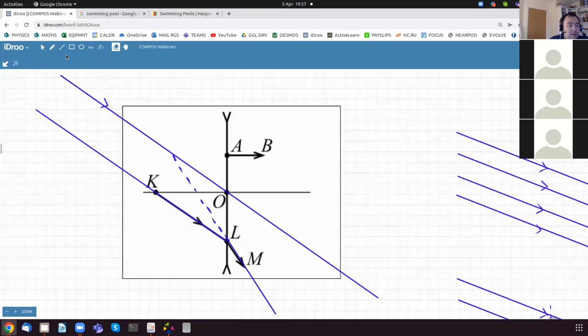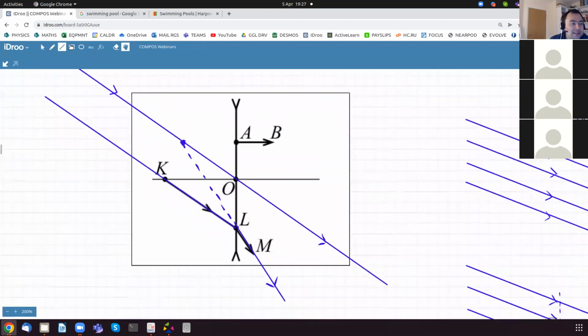Delete that. And this is where they meet. Okay, and we know that this goes through the center of the lens unrefracted. So we've located the focal plane, and all we need to do is draw the focal plane,